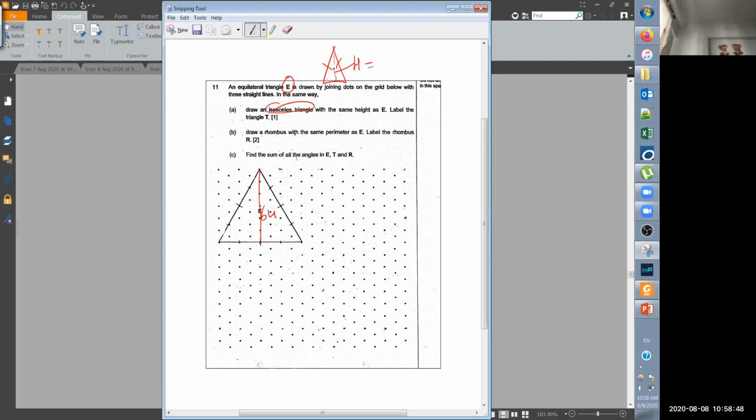So that means 你的这个 isosceles triangle，你的这个 height 必须是 6u 就可以了。